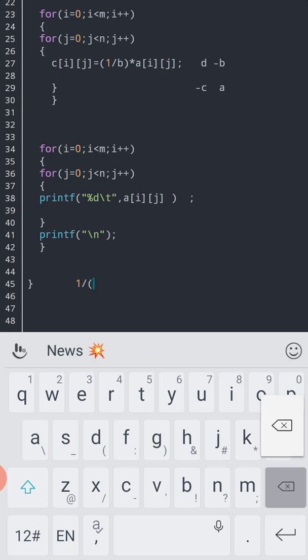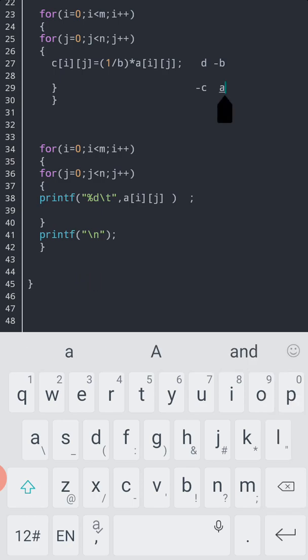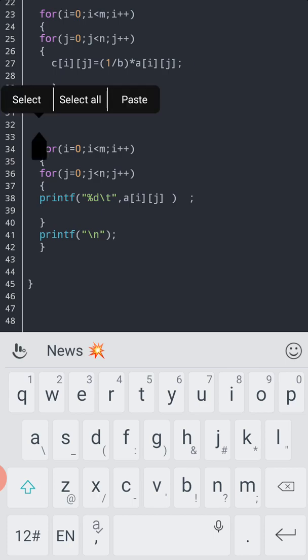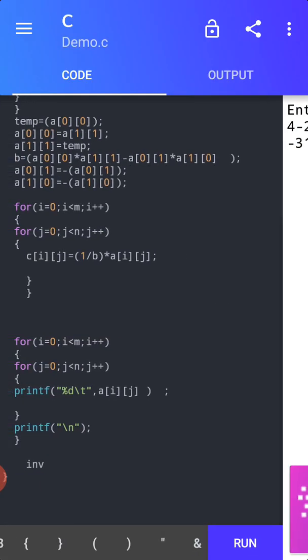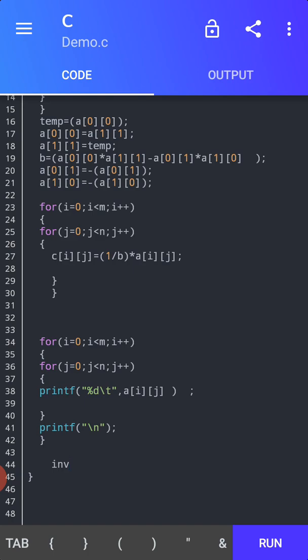I had written this program only as an example. We can also do these things in MATLAB using a single function, that is inverse. In MATLAB, we have the function called INV. It is a keyword that can be used in MATLAB to do the inverse operation.